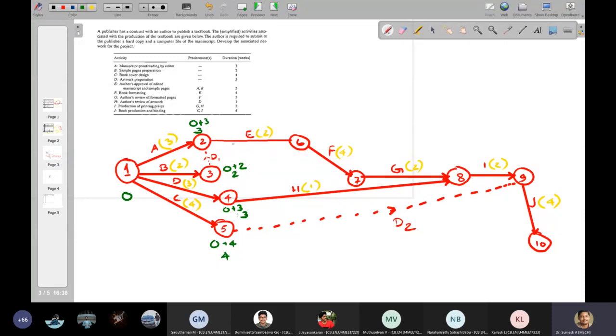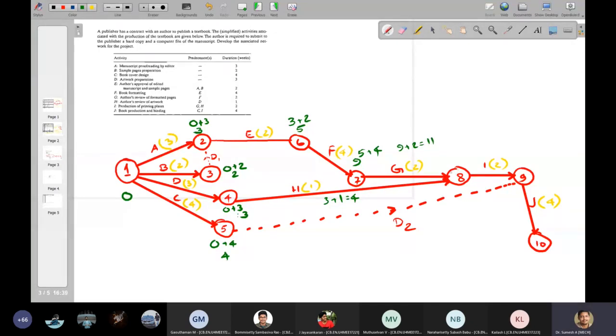Now we'll see the next. So E will be 3 plus 2, that is 5. Here it will be 5 plus 4, that is 9. We'll wait, so this is 3. So 3 plus 1 is 4. Here this is 9 plus 2 equals 11. So which value will you write here?